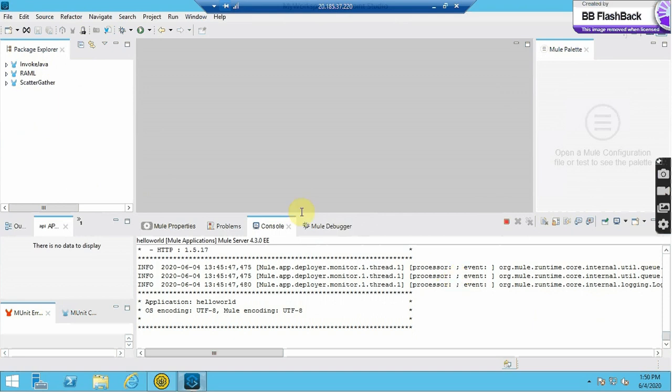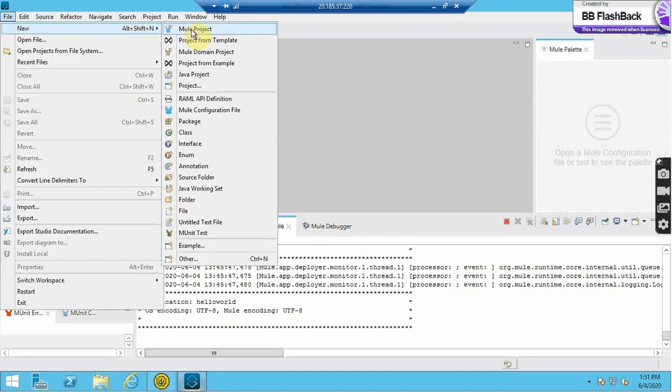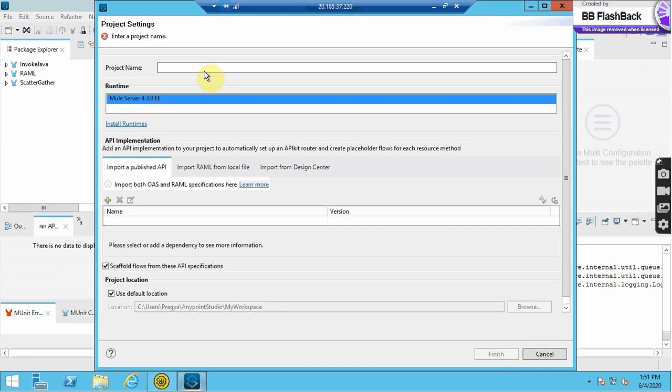So let's start. To create one API, you have to first click on file, then new project. Here you have to provide a valid project name. Like I am providing hello world. If you provide any space here, it will be invalid. Then you have to click on the finish button.